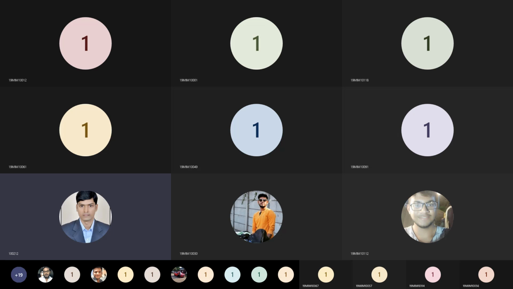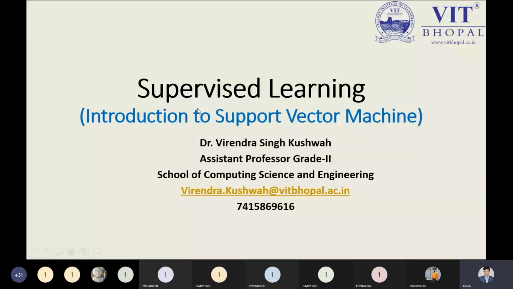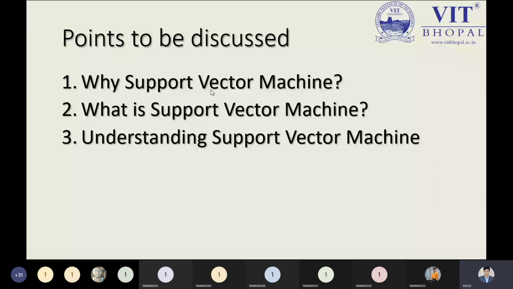So today we are looking at a very interesting topic, that is support vector machine. What are the various points that are required to be covered and discussed today? Those are why support vector machine, what is the support vector machine, that is SVM, and